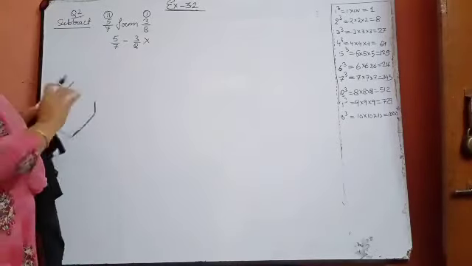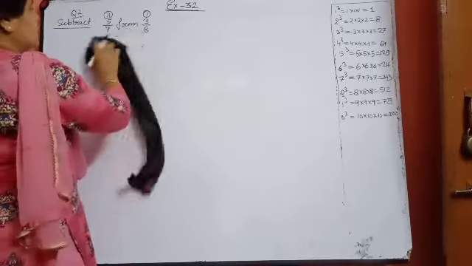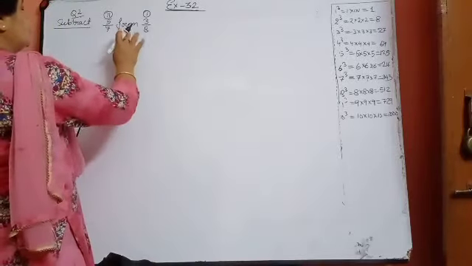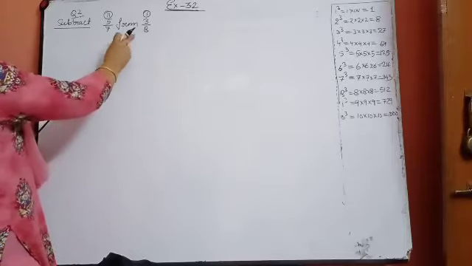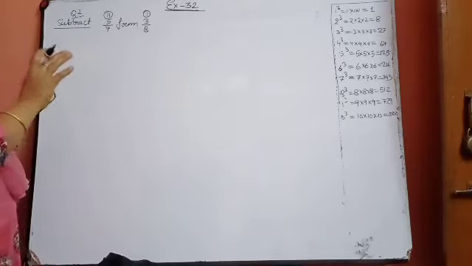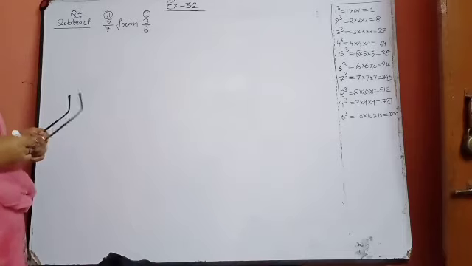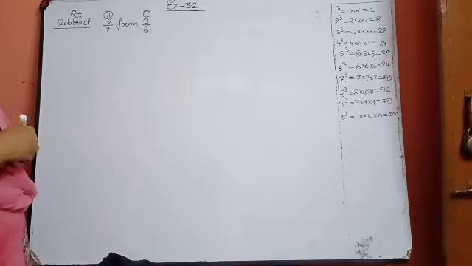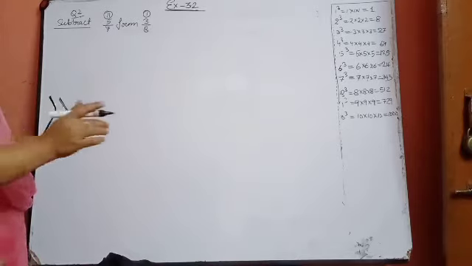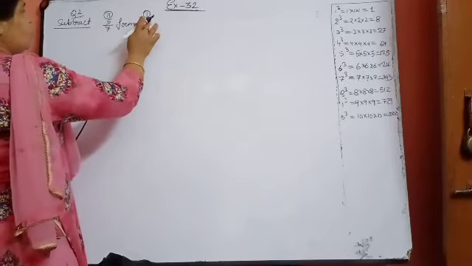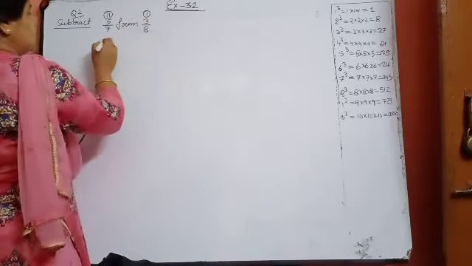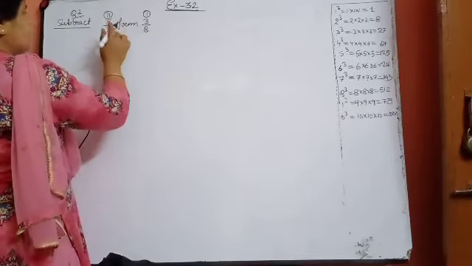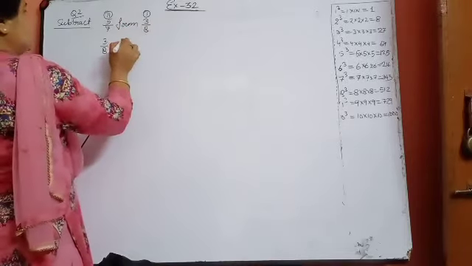Previously in the case of subtraction, while I was teaching fraction also, I taught you how you have to write. Again I am giving more attention on this part, because the children are always making mistakes. And if I am telling you what mistake the children are making, it means you have to focus on that particular part more and more. If you will focus on the particular part more and more, then you will not have any problem. See that from means 3 upon 8, after from is 3 upon 8, means it will come first. What you have to do? Subtract. For subtract, what sign you are using? Minus. And the second part will come on the second position, means 5 upon 7.